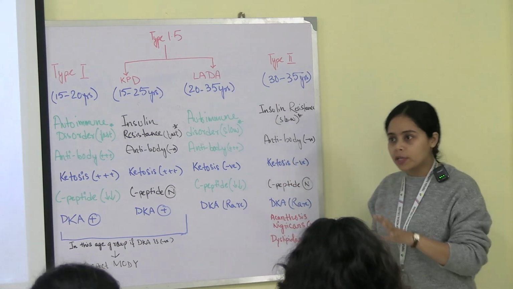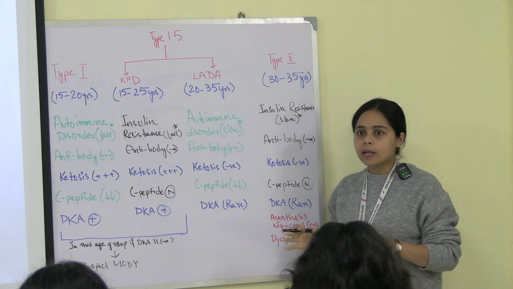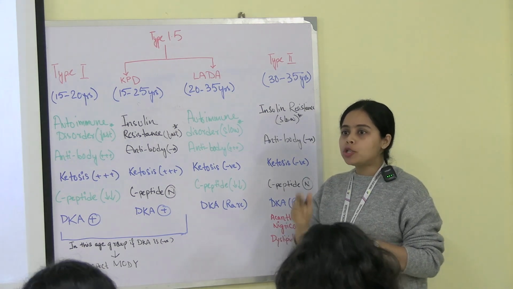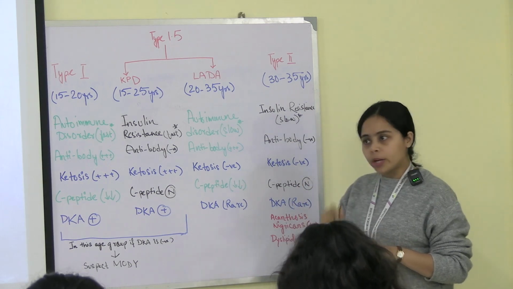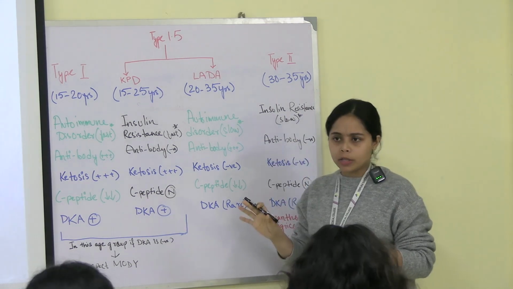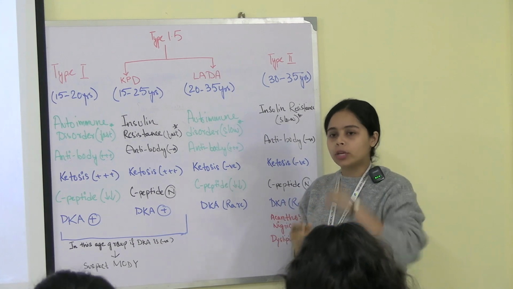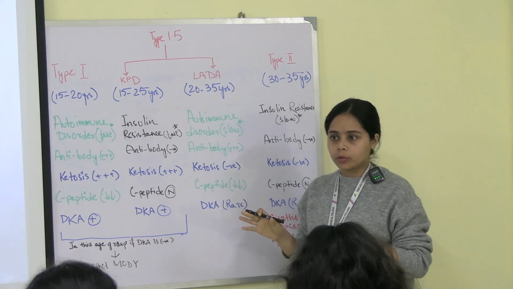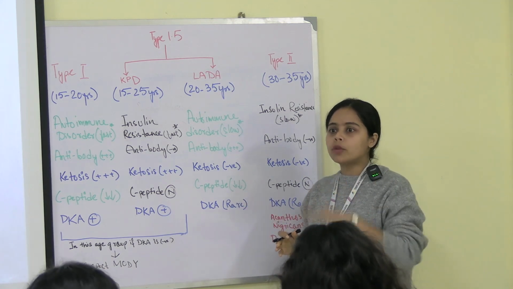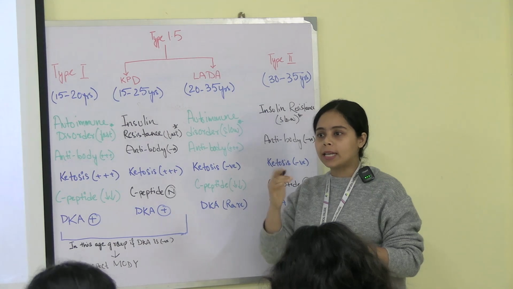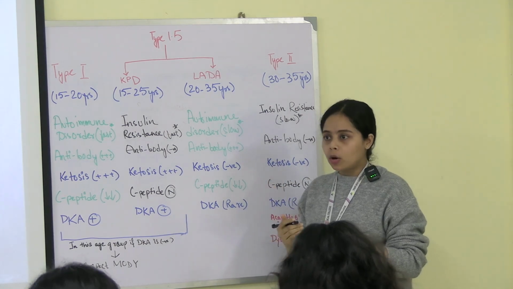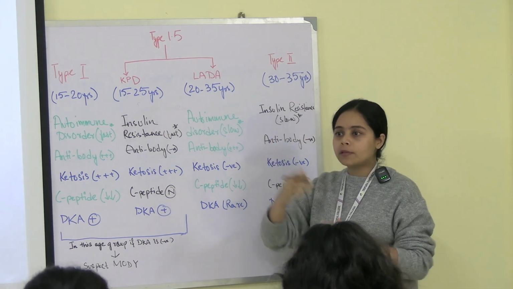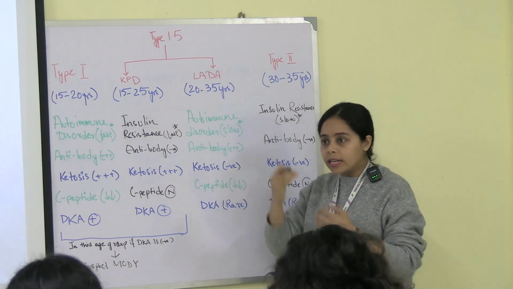The body is producing insulin in the normal way, but your body is not using the whole of it. Maybe at the age of 30, your body produced, suppose, 100% insulin, but is only utilizing 90%. The 10% the body is not utilizing. Then gradually by the age of 40 it is not utilizing 90, it decreased to 70. Then at the age of 50 it decreased further to 60. So like that, the efficacy of insulin usage decreases.